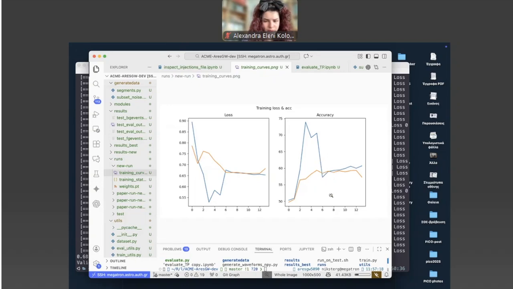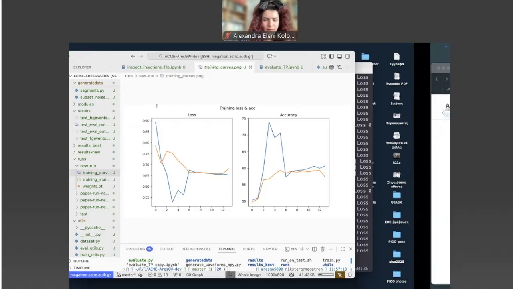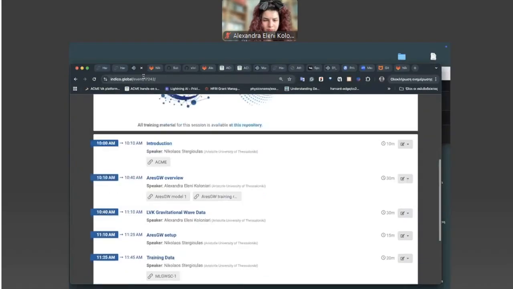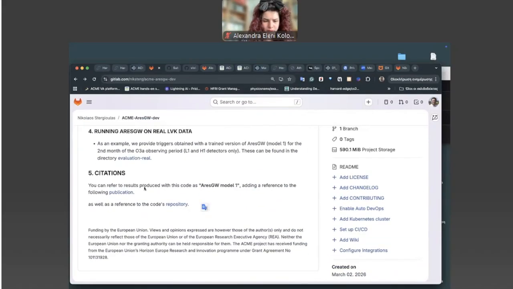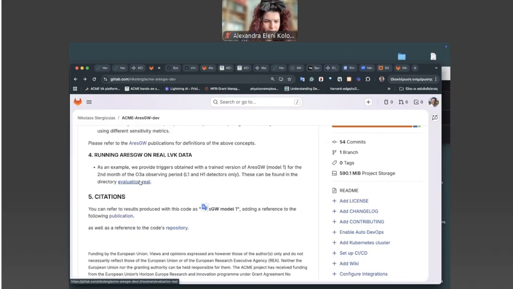In the later epochs, you can see the actual curves if you go to our publications. These publications actually are here at the end of the repository. There is a link, here, refer to the AresGW publications.